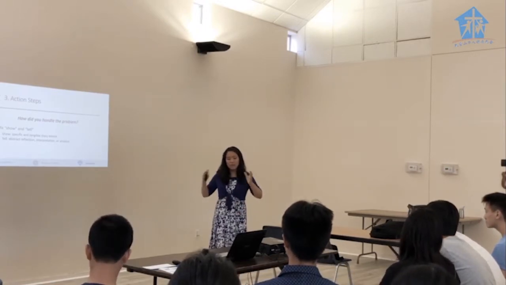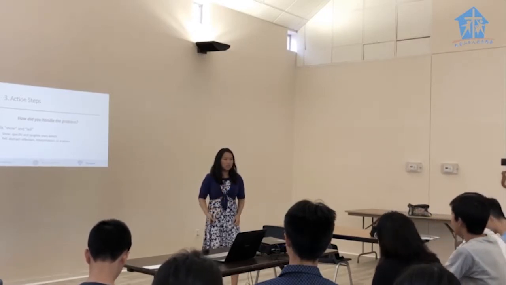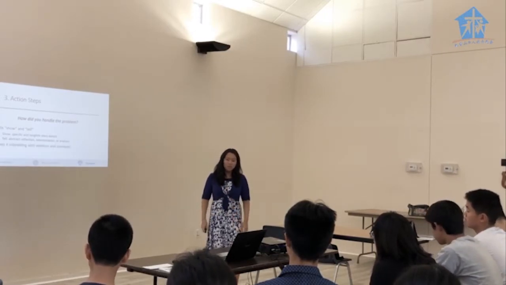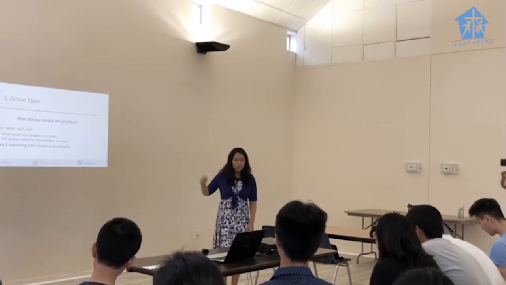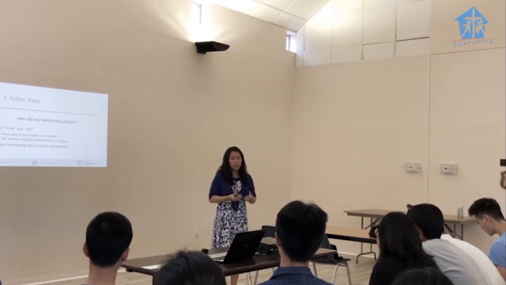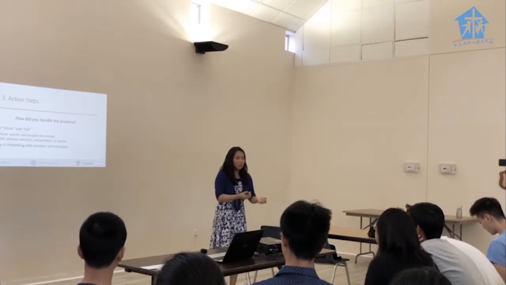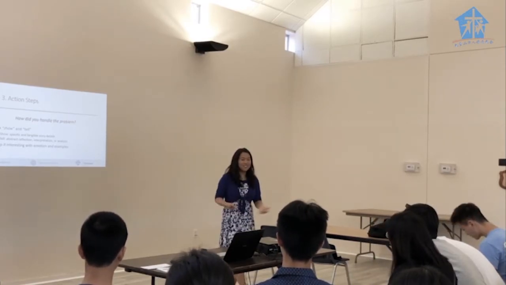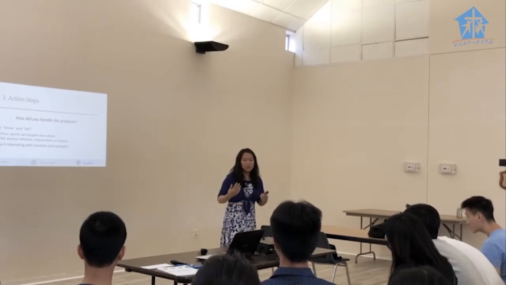And you kind of want to have a mix of these showing and telling moments, because that keeps it engaging and keeps it interesting for the reader. Another thing you can do to make it interesting is to use emotion and to use examples. So for emotion, that's like being vulnerable and being open. The more you can be relatable and say, I struggle with insecurity, for example, I felt embarrassed. That's very honest and very open, and that keeps it a little bit more engaging.